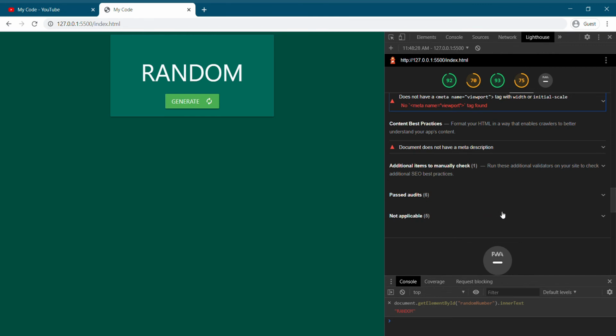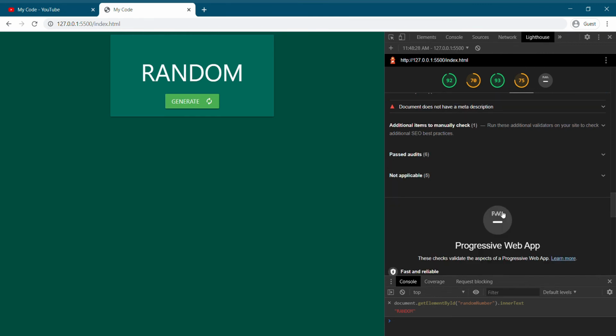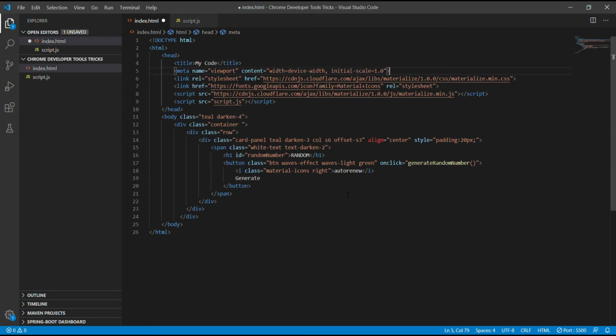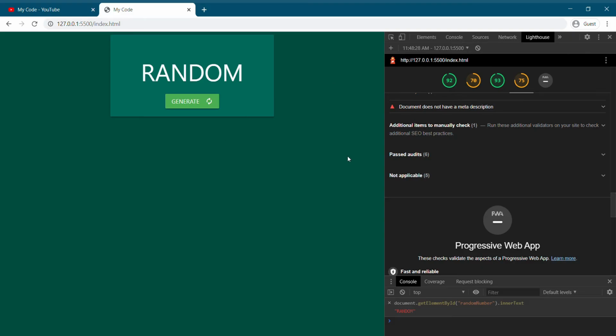Let's change it and then again we will generate the report. Let me add a meta tag in my web page. Let's generate the report once again.